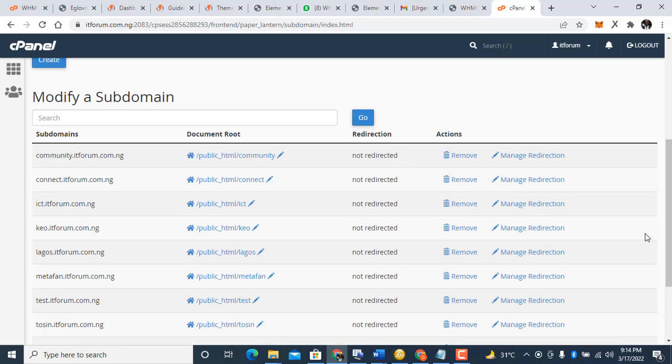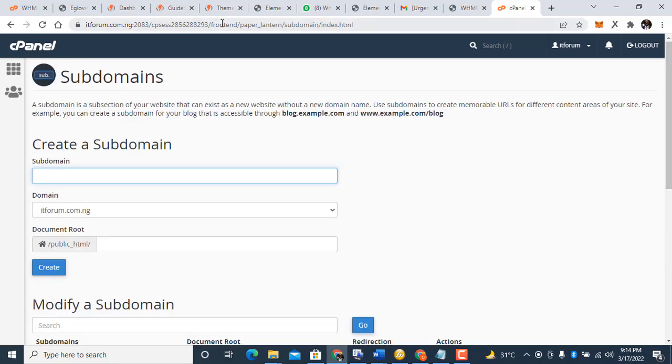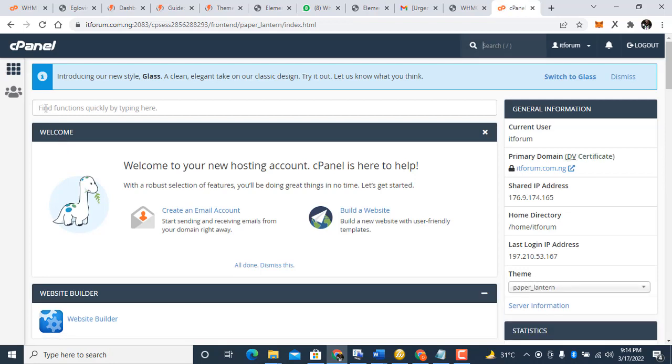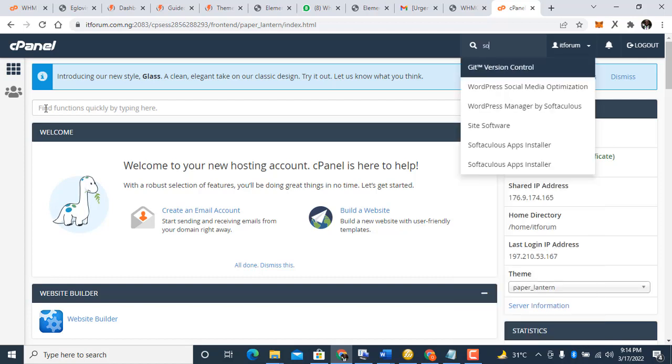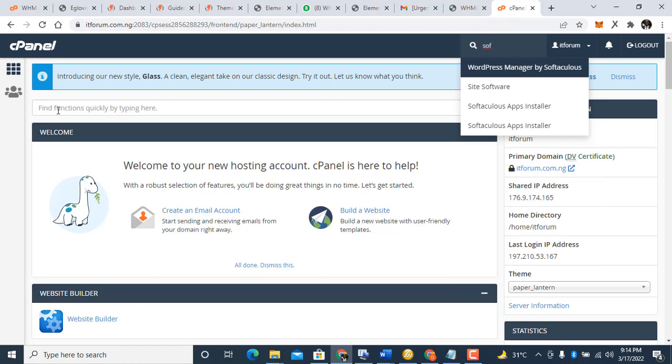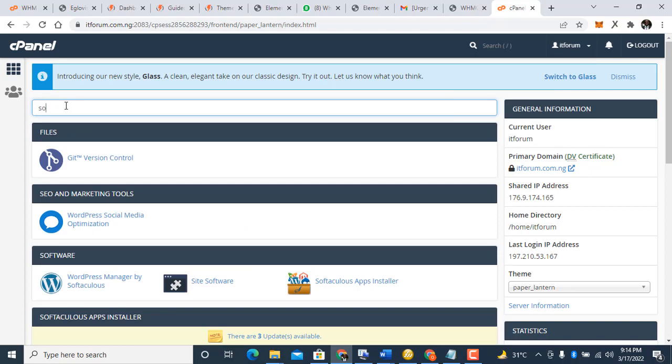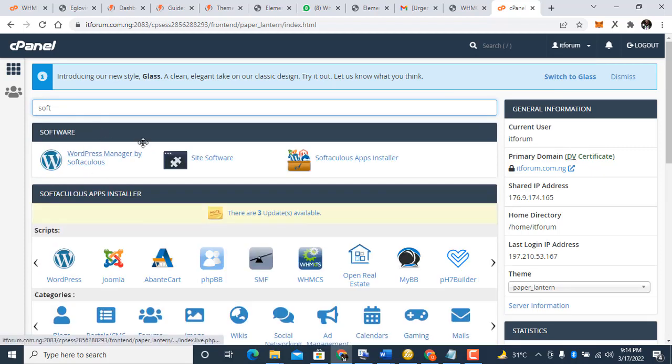I see it there. So let's go back to the cPanel dashboard. Now I want to install WordPress. You can install WordPress through the Softaculous app installer, which will lead you to WordPress Manager by Softaculous. So I'm going to click this,